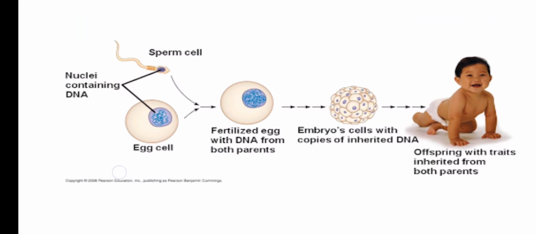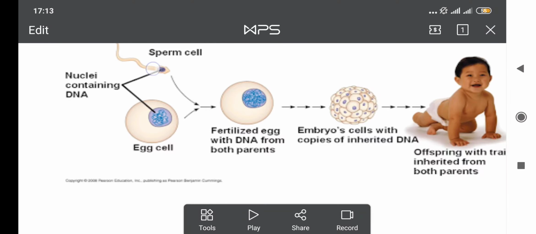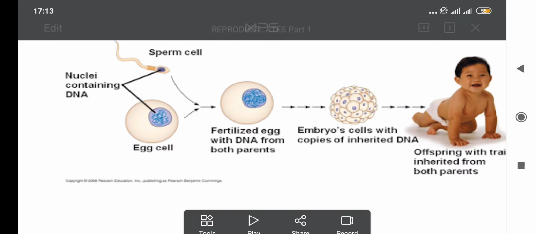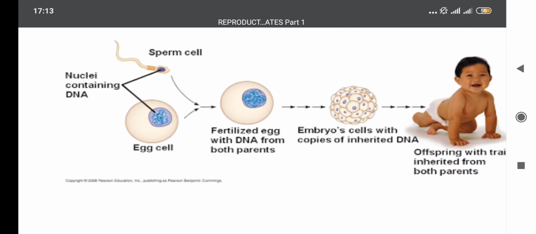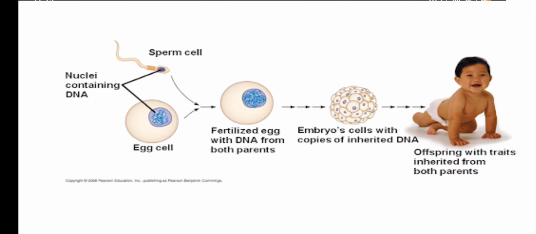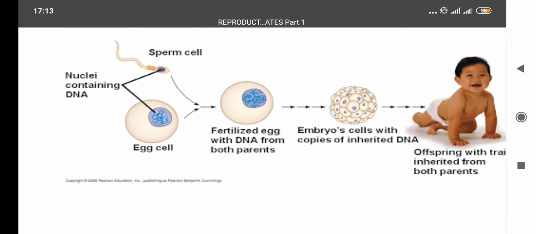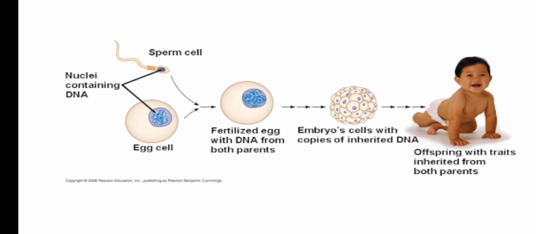Just concentrate on the picture I have here. Sperm cell. Sperm cell is the male gamete. The sperm cell, as I touch it, is the male gamete. The egg cell, as it is here, is the female gamete. These two gametes are obviously from two different parents. When these two gametes come together,